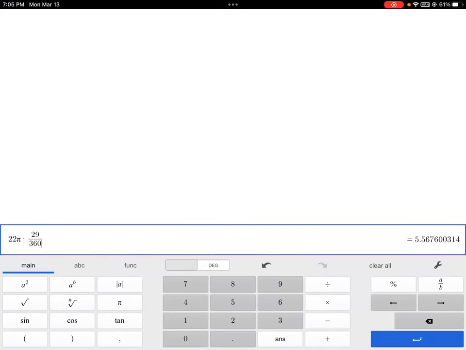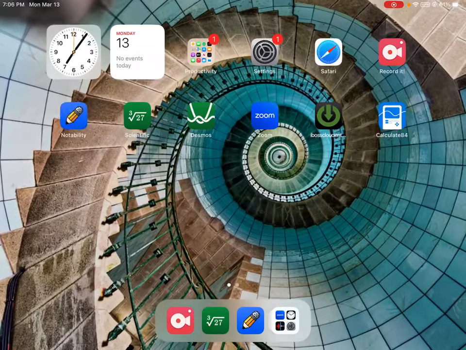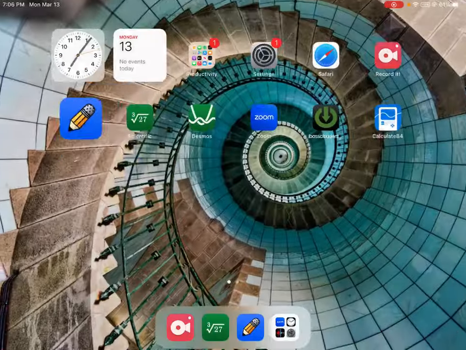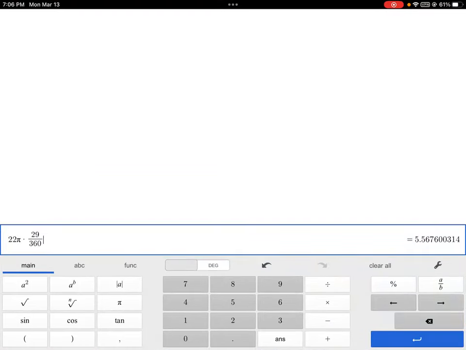You don't have to worry about the degree symbol, because when you have degree over degree, these will essentially cancel each other out. So then you have 22 pi times 29 over 360, and we're left with